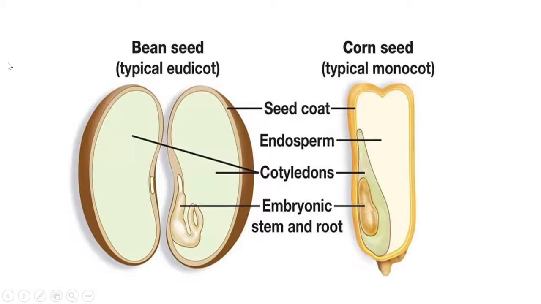Now these are the diagrams of dicot embryo and monocot embryo. This is the dicot embryo and this is the monocot embryo. In a dicot seed, there are two cotyledons. This is the brown colored seed coat. These are the endosperm. In monocot, you will get only one cotyledon, and the embryonic stem and root are there, that is the radicle and plumule. The diagrams are very beautiful. A typical embryo shows the radicle and plumule, which are responsible during germination for shoot formation and root formation.